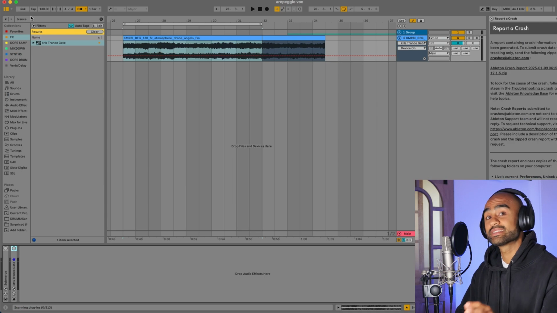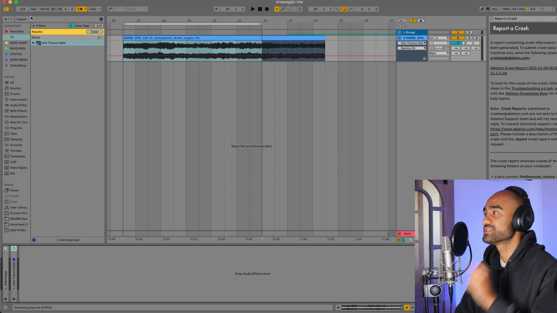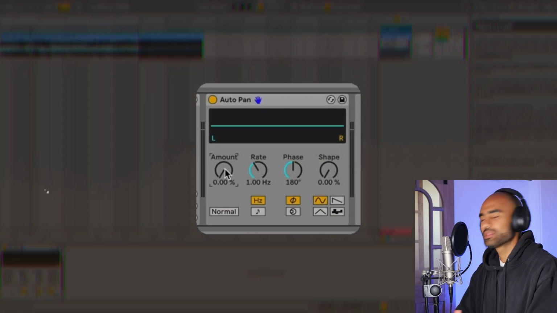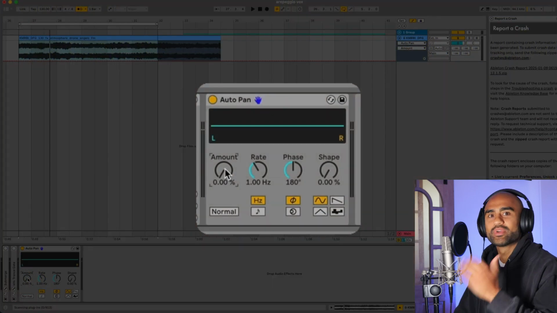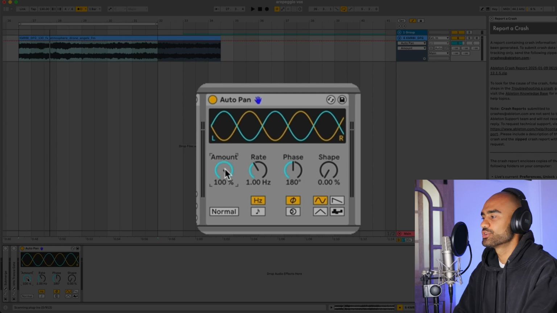The final 2 gate effects are actually stock standard in Ableton. The first thing we're going to be using is an Autopan. So with the Autopan, we don't want to move the sound left and right. We want to just give it a gate effect. So if I turn it all the way up,